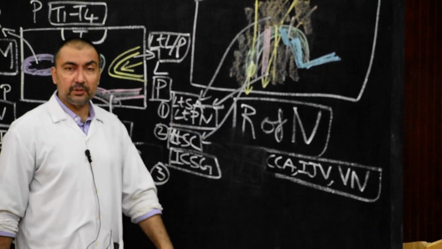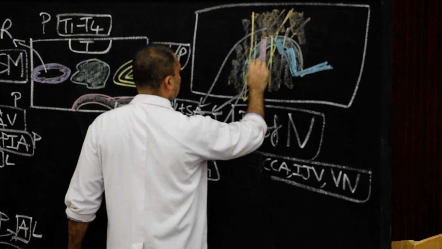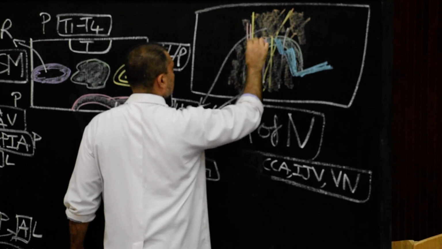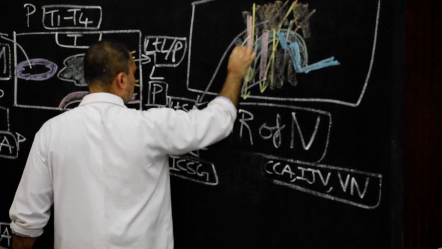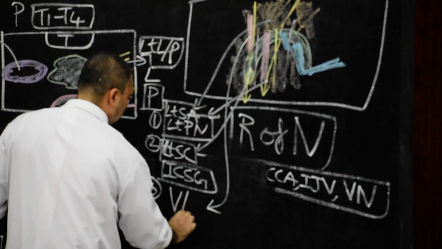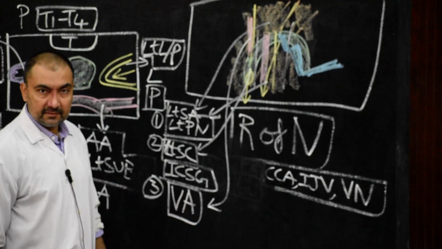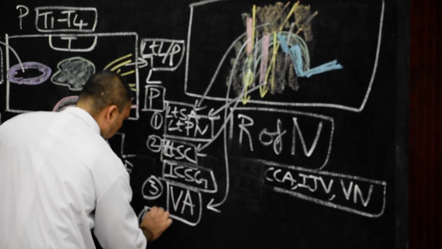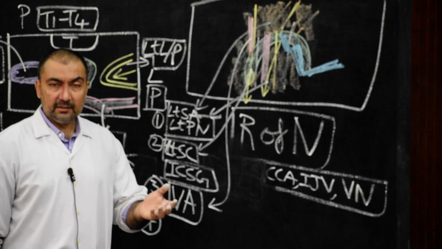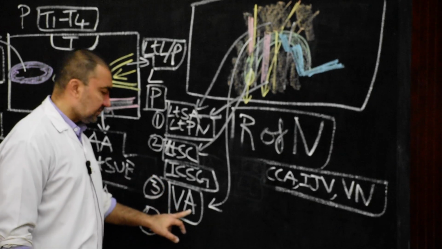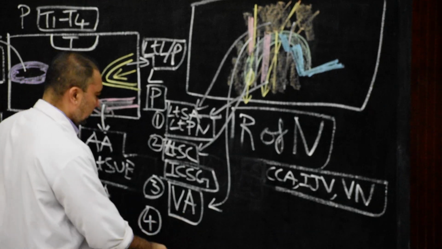Now the third structure, extremely important: the vertebral artery and vein. So here we go with the vertebral artery and vertebral vein. Please mark this structure as the vertebral artery, and along with the vertebral artery there will be the vertebral vein. This is structure number 3. Now we come to structure number 4. This is really important: the thyrocervical trunk. Of course, it is a branch of the first part of the subclavian artery, as the vertebral artery is also a branch of the first part of the subclavian artery.